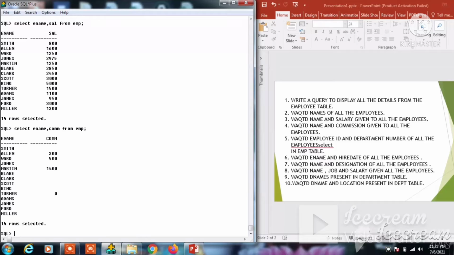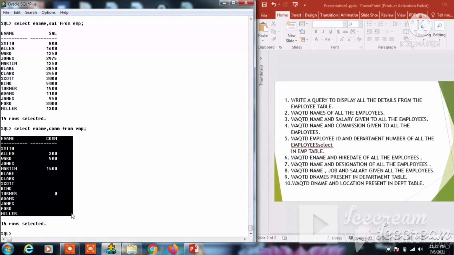You see the employee name along with their commission. Only 4 members have got commission: Allen, Ward, Martin and Turner. Remaining employees do not have any commission, so only these 4 records are displayed.